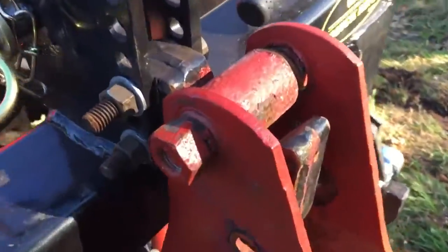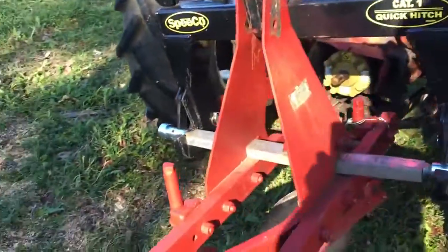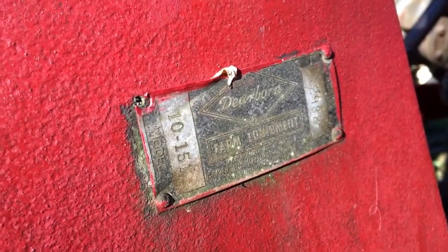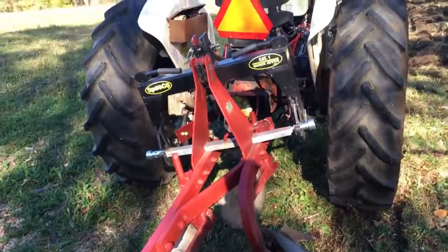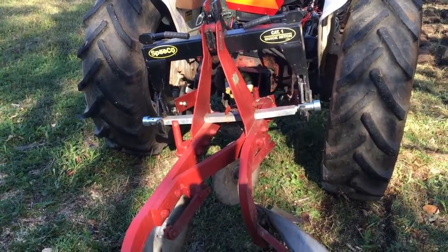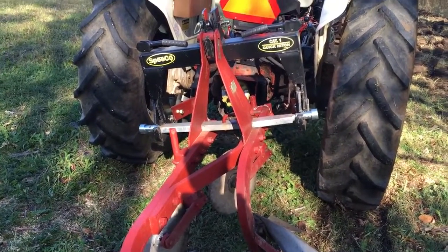The plow itself is from Dearborn. Here, that's basically the plow I'm using. It's a 2-row plow. And as I said, the first row I go basically straight without any changes, and then I'm adjusting